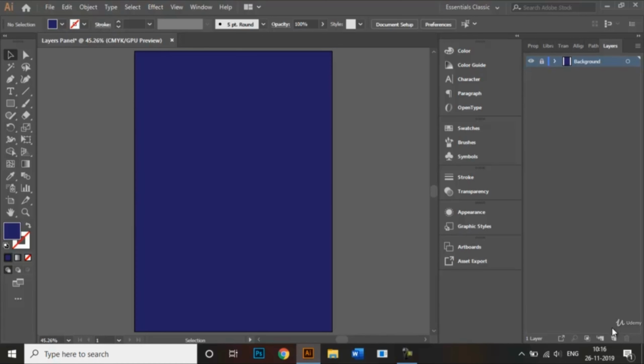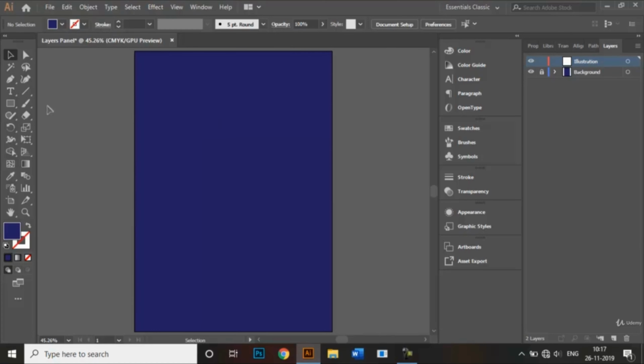To do that, we come down here to this icon right here, this one, which says create new layer. We click on this and a new layer is formed. Now, this layer is the current layer that we will be working on, right? So now we can make all our illustrations on the document, right? To make it even more organized, let's name our layer. We double click on it and name this layer illustrations.